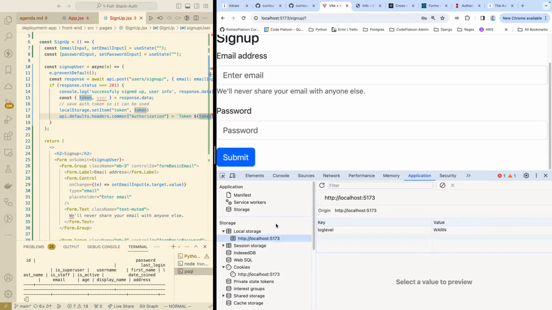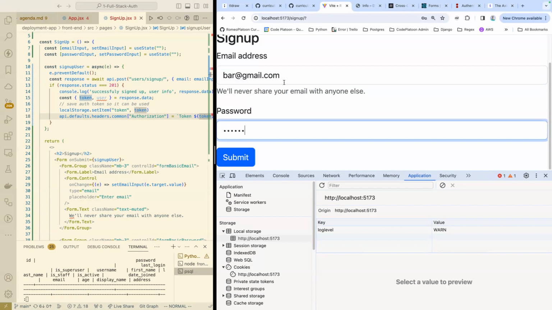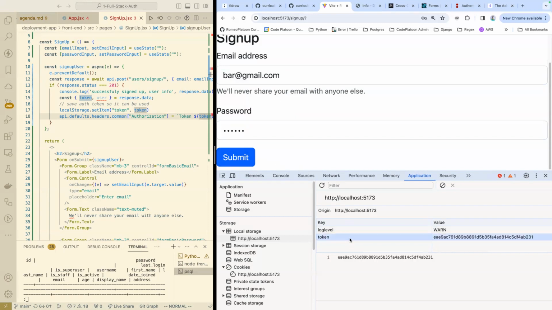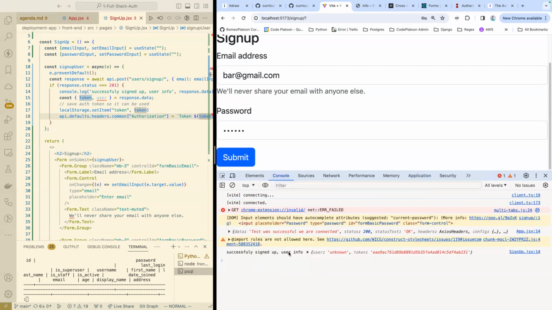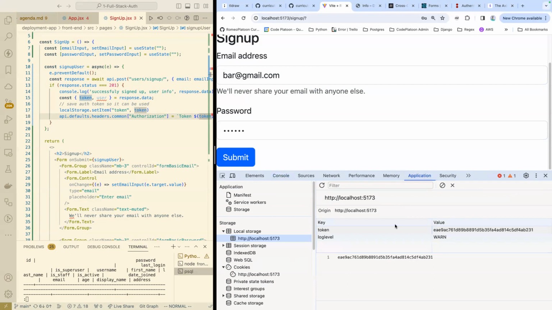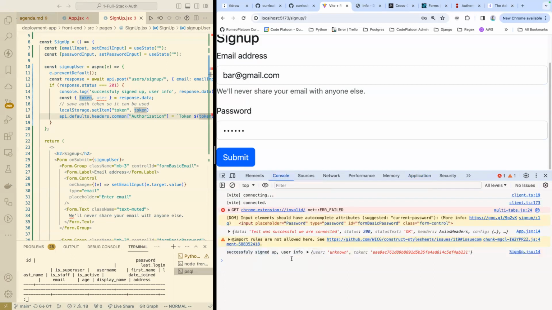So there's nothing in local storage right now. And now you can see that in local storage, that token that was just created from this new user, the second one here, EA, so on and so forth, just got added in. And if I wanted to,